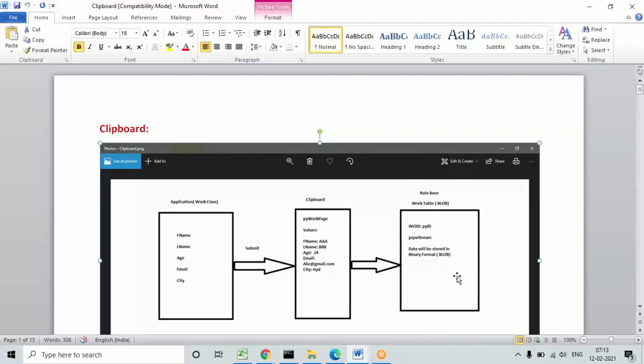Or any data types created in PR tables will be permanent. And if you create any rules in PR4 tables, the data will be permanent. But in the clipboard, when you pass any data or get any data, it will be available temporarily when the transaction is open, or when the ID is open, or when the transaction page is open. Then we can view the data in the clipboard if you want to debug anything.